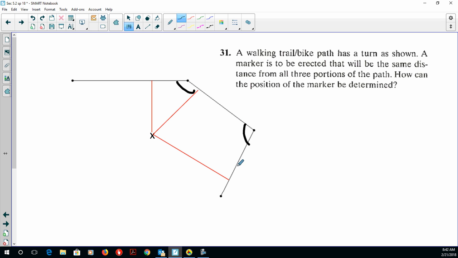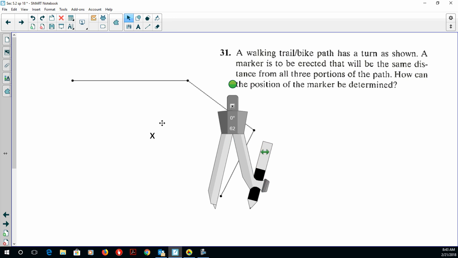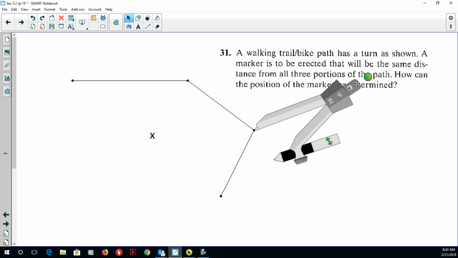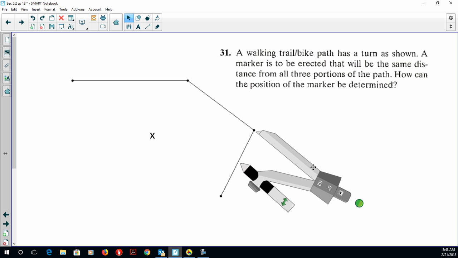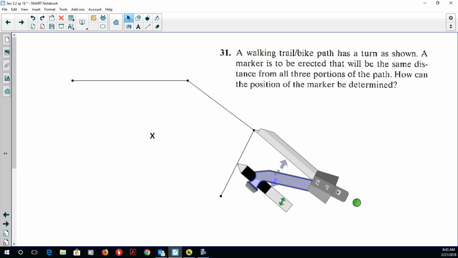Okay. So here's where I have fun. Trying to use the compass tool in the Smartboard program, this is pretty easy to do. Angle bisectors are about the easiest things in the world to do when you're doing some kind of construction, because you don't need to change the compass at all. Just pick some sort of distance, put your pointy end down at the vertex, and now